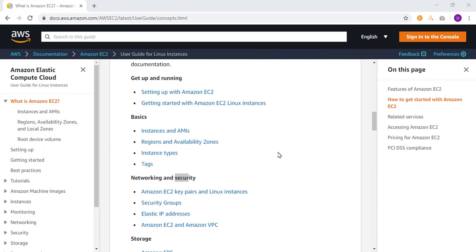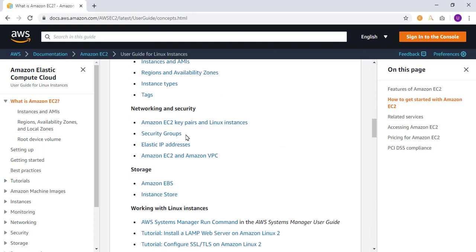Some of the important things that you need to set up your EC2 in the normal GUI environment are the key pair, then the security groups that act like a firewall for your instance. Elastic IP, also known as EIP, is like a static IP that you assign to your instance.